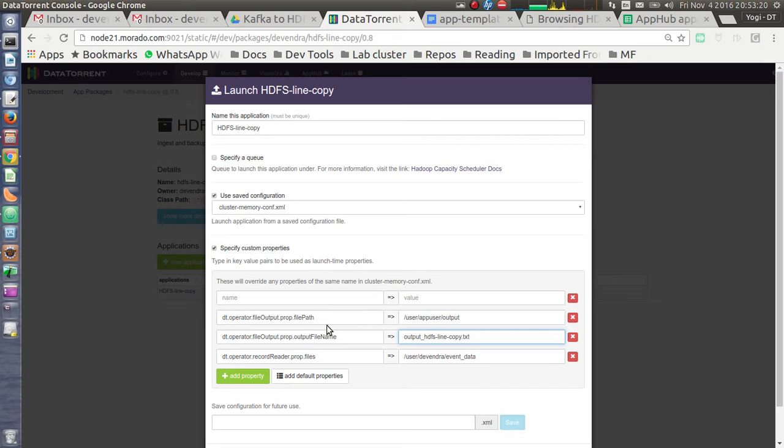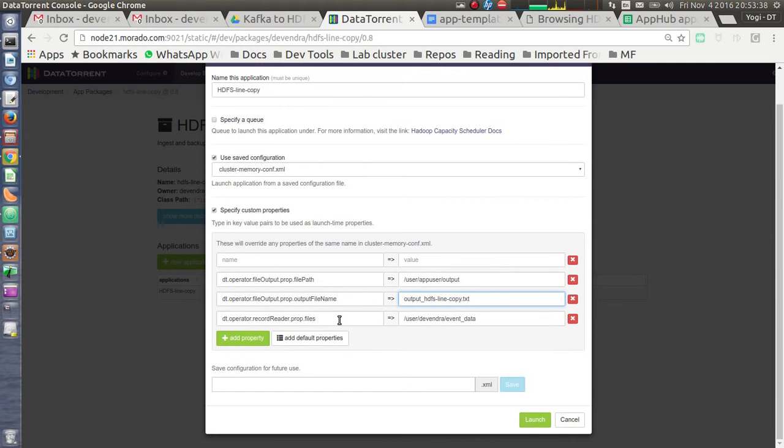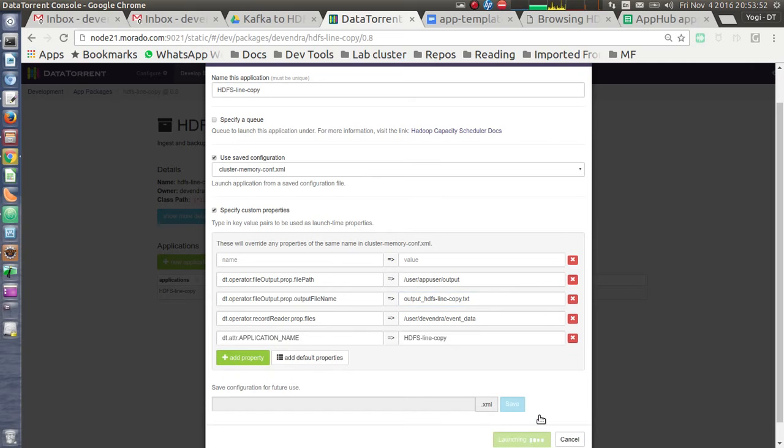So if we have multiple partitions for this file output operator, the final file names will have a suffix for the operator ID for each partition. So after specifying these mandatory properties, we are ready to launch the application. Let's click on the launch button.